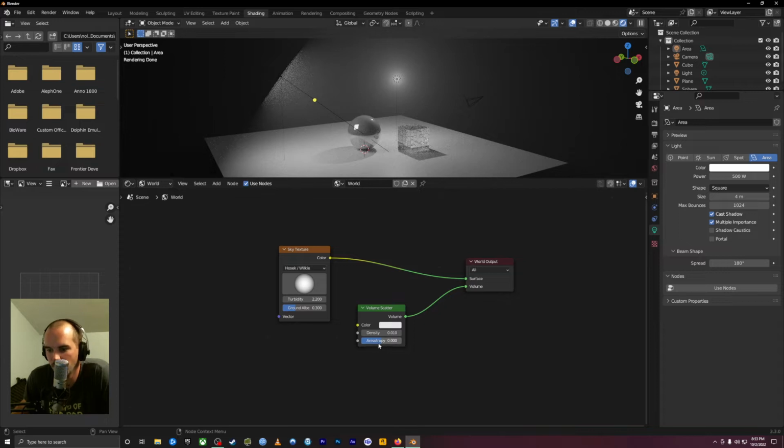And this is where the anisotropy. Please let me know if I'm saying that wrong. A lot of these terms, I've only ever read,